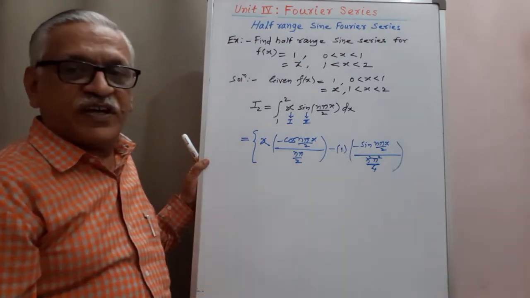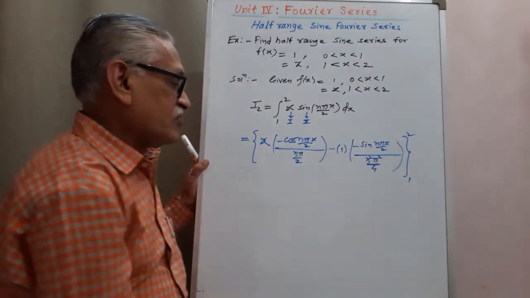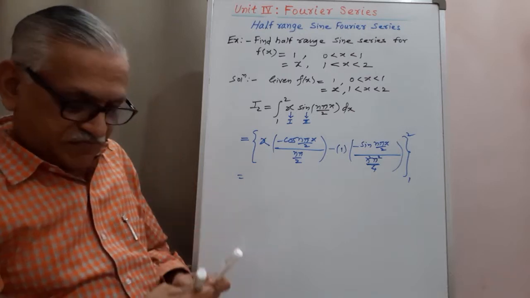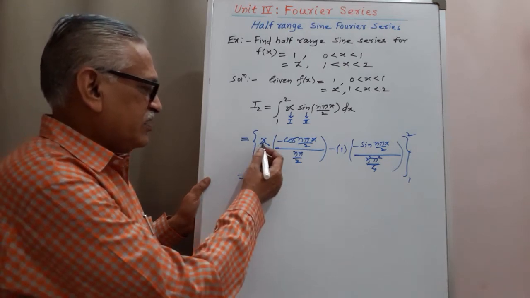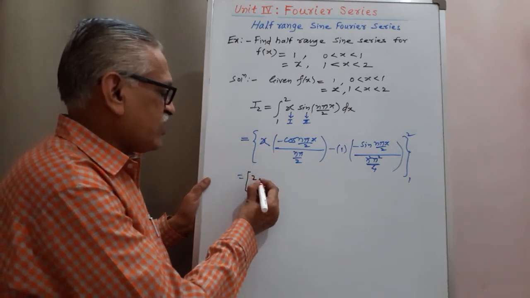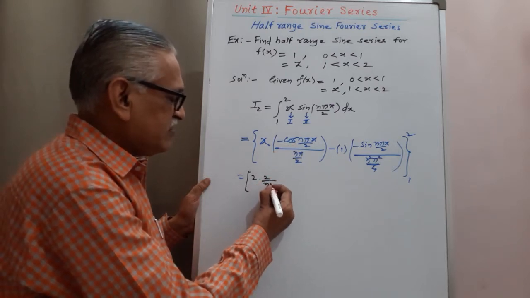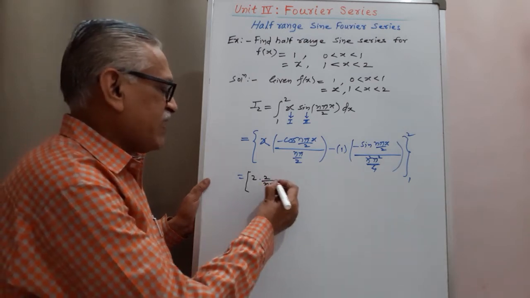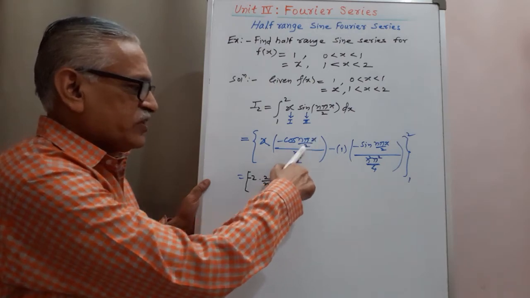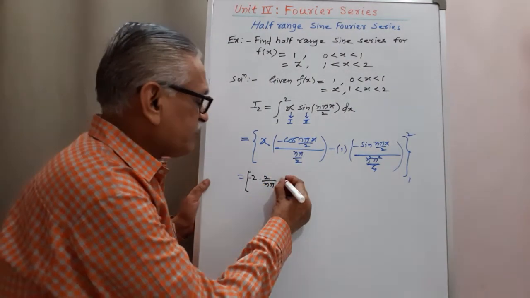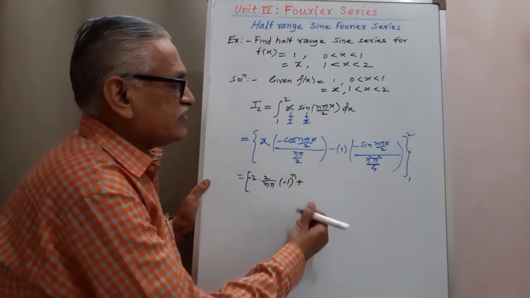The next derivative is 0, so we stop here, and the limits are from 1 to 2. When we put the upper limit as 2, here it is 2 times 1 upon n pi by 2, which becomes 2 by n pi, with a minus sign, therefore minus. When x is 2, the 2 gets cancelled, we get cos n pi, and the value of cos n pi is minus 1 raised to n.